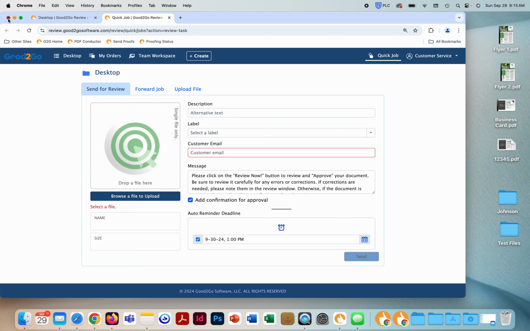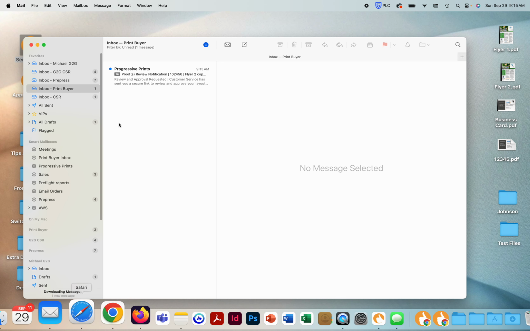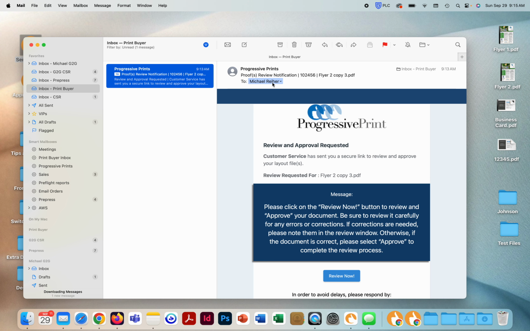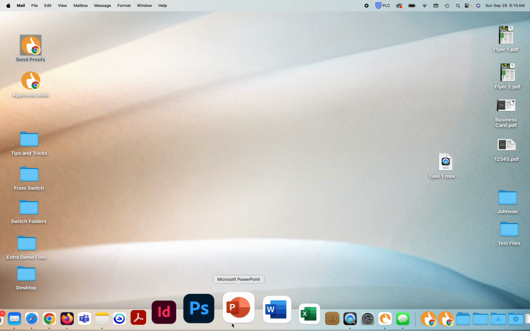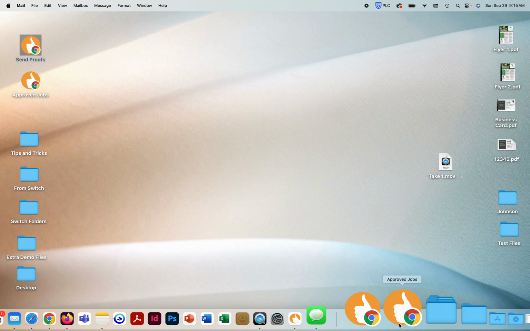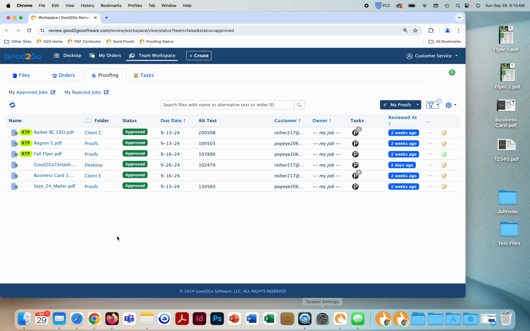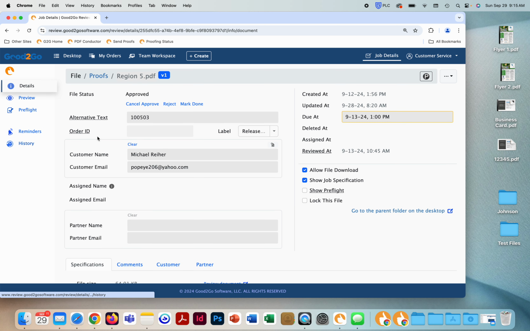Now, one other thing I'd like to say is on that job that I sent out for the proof with the job number, you can see that the job number ends up being used right here in the title of that email. So not only is it searchable in Good2Go, it's also searchable in your email when you get responses. That alternate text field is a special field that we put in Good2Go so that you can search on it in just about any of the main screens and find that job